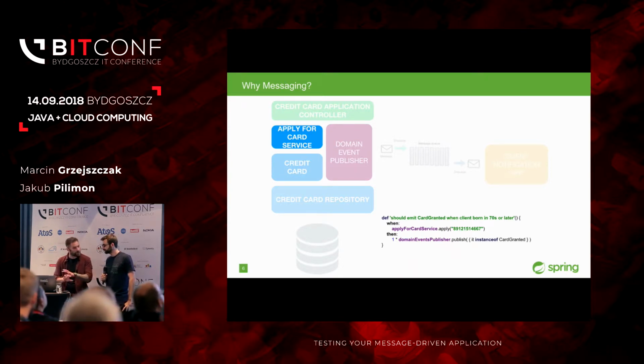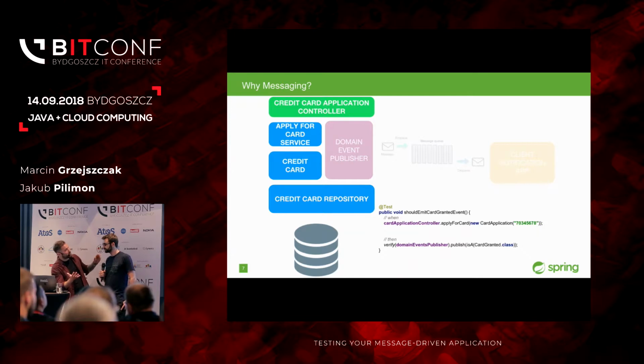Verified that. It's okay, it's a good test, nothing wrong with this, but it didn't test the body of the domain event publisher. Correct. That's why we created the second test, which bootstrapped the whole context. MVC, even an in-memory database, right? Apply for card service, except for this one bean that we really wanted to test, because we replaced that with a mock. So basically, it's the same test like it used to be, but longer because it bootstrapped the whole stuff, and it's a false positive, by the way.